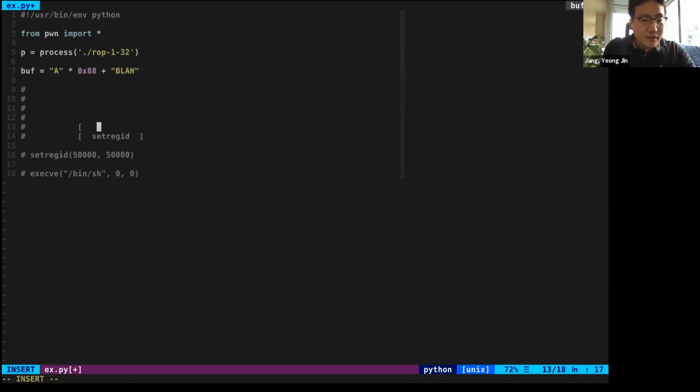Currently we don't know what to put here, but we can put 50,000 as the argument of the set regid. So first argument, and then 50,000 again for the second argument. So this is the first function call we will make, and then we will put the address of the execv here, and then